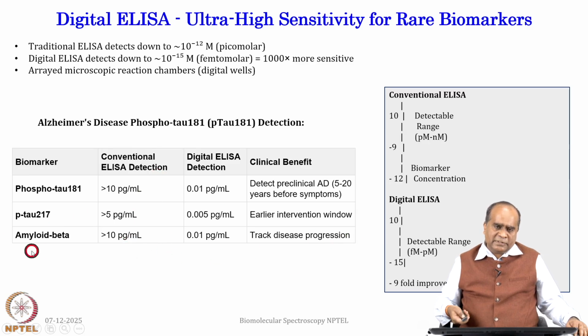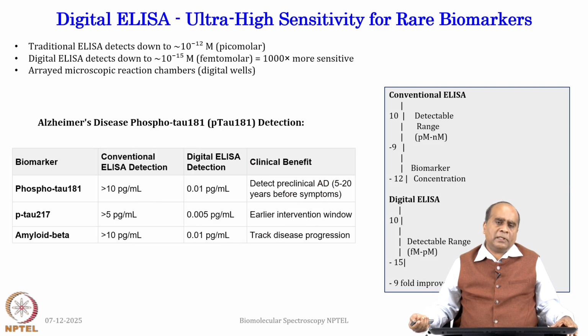So, if this is there, you can track the disease progression, how much tau or amyloid beta is building up or not, or where an intervention window is possible or not. If somebody is in this range, where phosphorylated tau just starts appearing, you can start intervention early and provide better life or lifestyle management for people who are suffering from Alzheimer's or so on. So, just to sum up, this simple